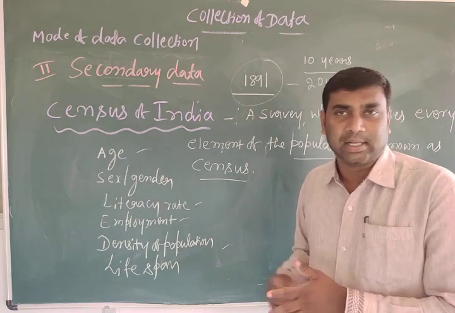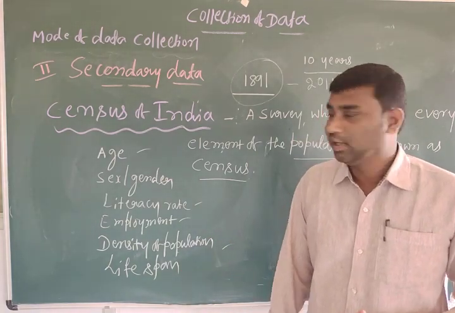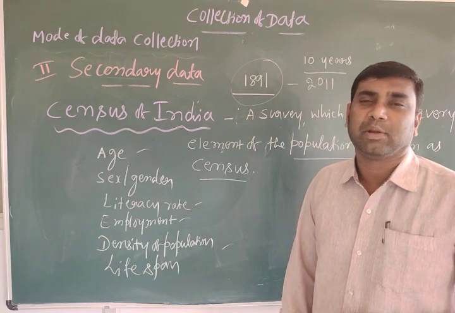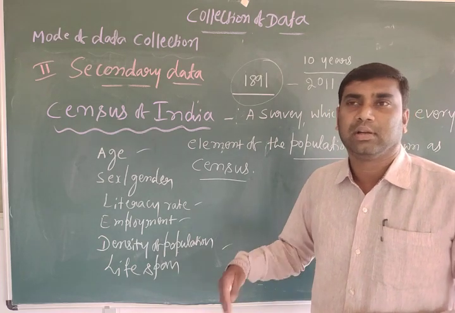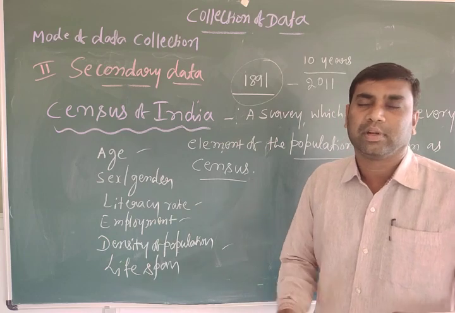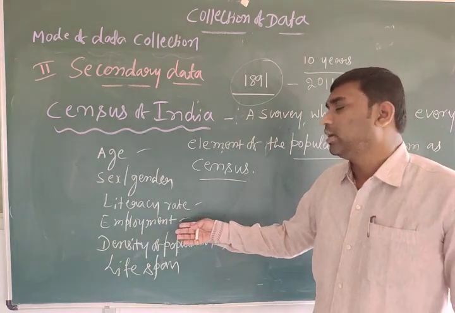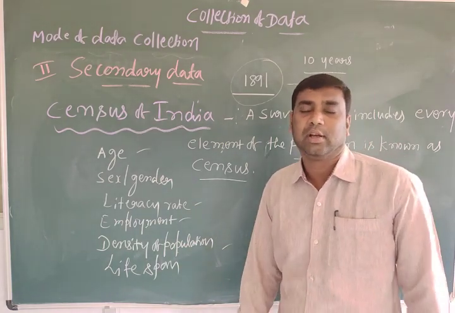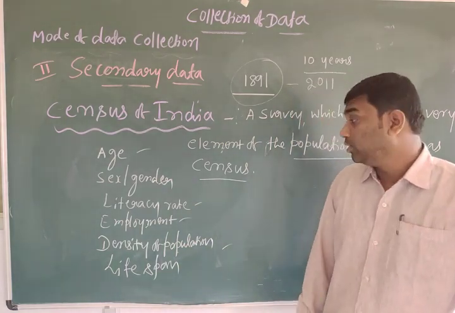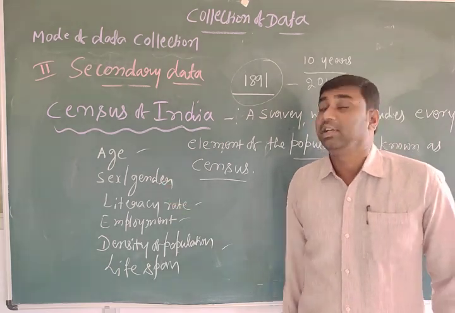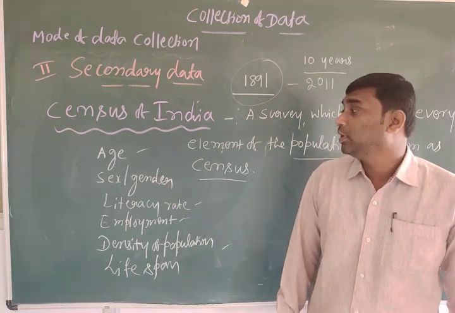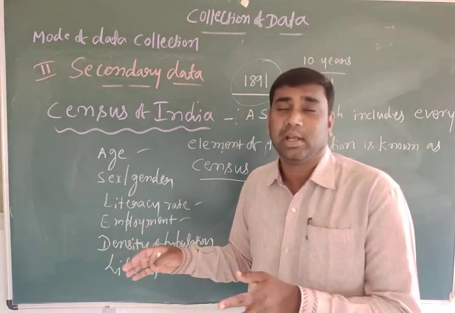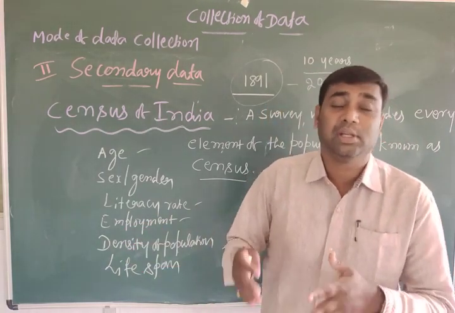ಎಷ್ಟು ದಿನ ಬದುಕಿರ್ತಾರೆ ಅಂತಕ್ಕಂಥದ್ದನ್ನ ಲೈಫ್ ಸ್ಪ್ಯಾನ್ ಅಂತ ಕರಿತೀವಿ. Employment and occupation, like which type of work they are doing. Many are working in which areas, which sectors. Then literacy rate, how many are educated, how many are uneducated. Then gender, how many are male, how many are female. And also age, how many children, how many aged, how many adults.